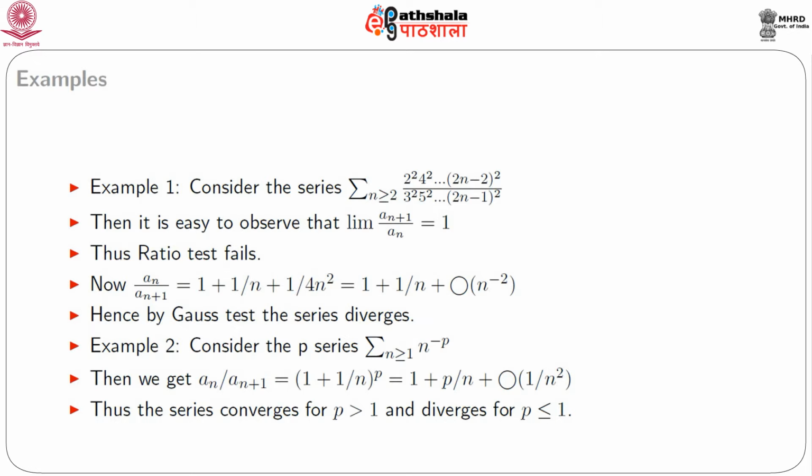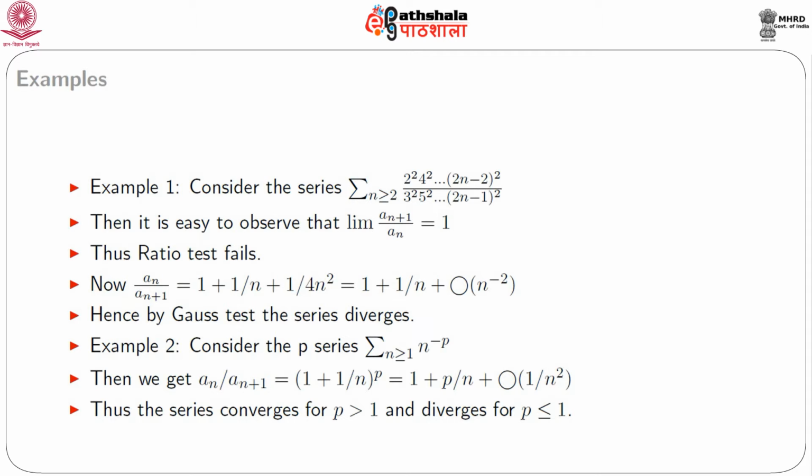Then it is easy to observe that the limit of a_(n+1) by a_n exists and equals 1. Thus, the ratio test in this case is inconclusive. However, if we calculate the ratio a_n divided by a_(n+1), we get 1 plus 1 by n plus 1 by 4n square, which can be conveniently expressed as 1 plus 1 by n plus big O of n to the power minus 2. Hence, we can use Gauss's test to check the convergence, and using Gauss's test we find that this series